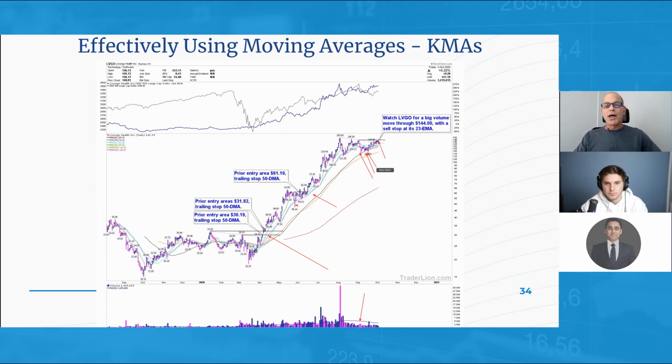So there's not a whole lot of value or benefit in taking profits on half your position on a break of the 23, because the 50 is right there. However, I would pay close attention to where all of your moving averages are bunching up here. If it were to break the 50, I would certainly think about selling some and watching how it acts at its 65-day exponential. And if it were to break through there, I'd happily let go of the rest of it